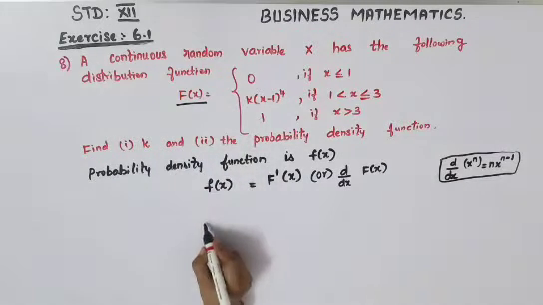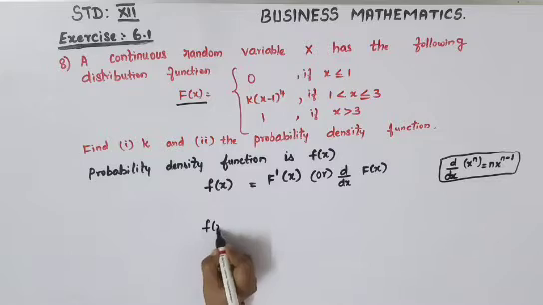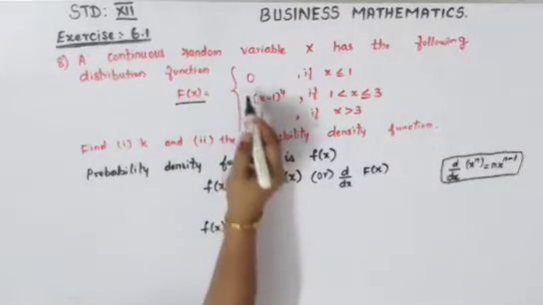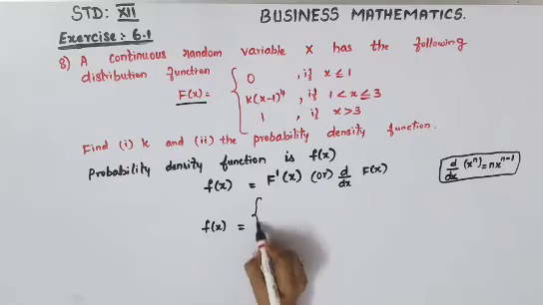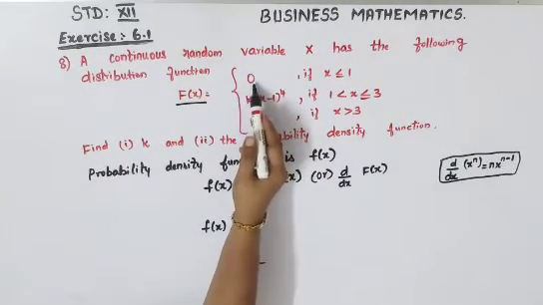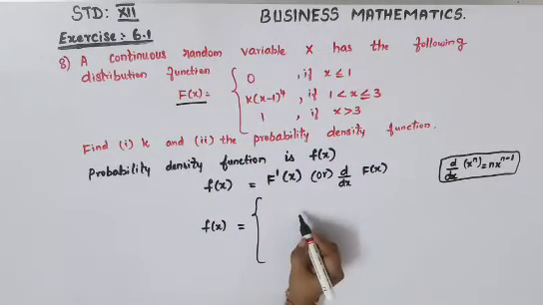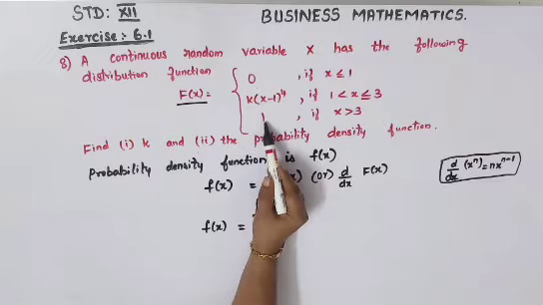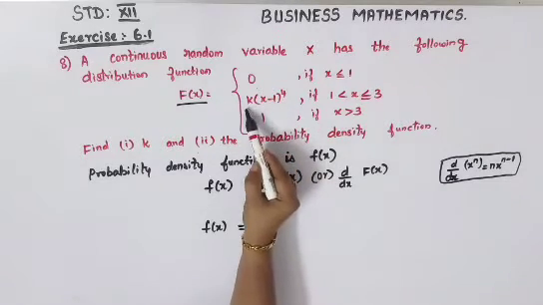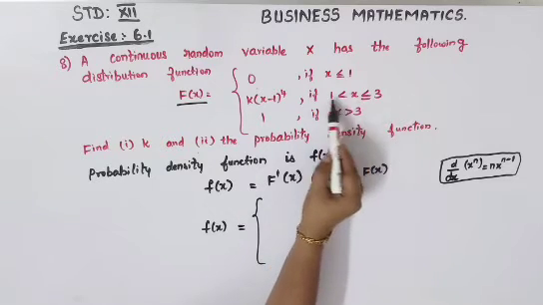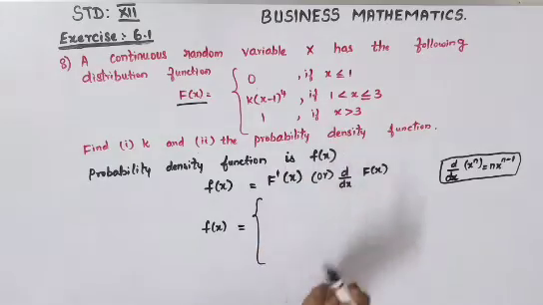You will have to convert to f of x. So I will write small f of x, which is equal to the differential of this part. Just put a big bracket. When you differentiate a constant, you will get 0 itself, so I am not going to write anything. If you go here, again 1 is there, and when you differentiate 1, again you will get 0, because that is also a constant. So we'll just go for the differentiation of your middle part only, the interval 1 to 3.